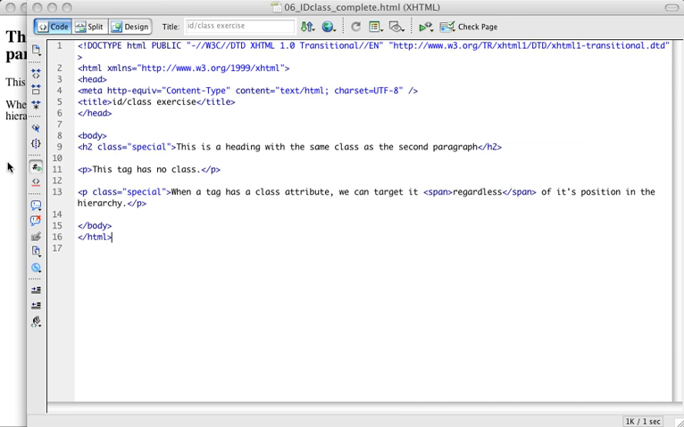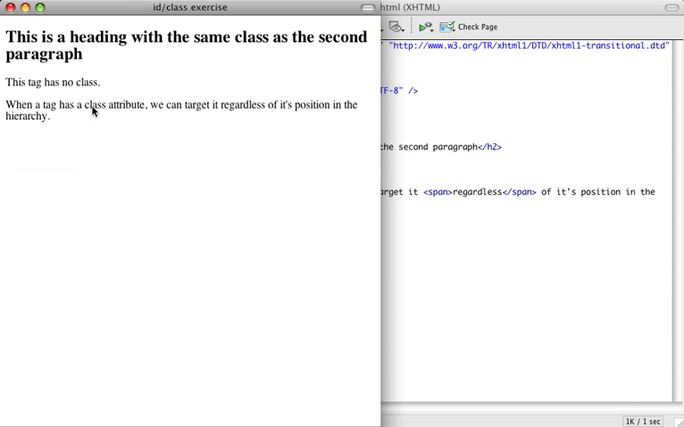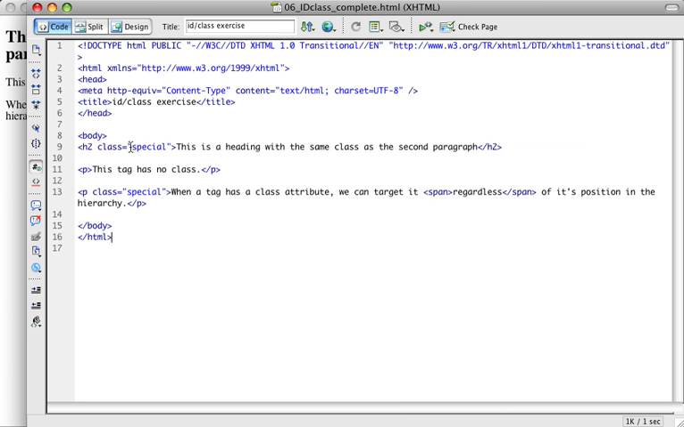Basically, this code generates this page, which is just a simple page with an H2 tag and two paragraph tags. Within one of those two paragraph tags, I have a span around the word regardless, and then both my H2 and my paragraph have a class assigned to them of special. Basically, the class is just another way of assigning a name to something. So what we're going to do is go ahead and